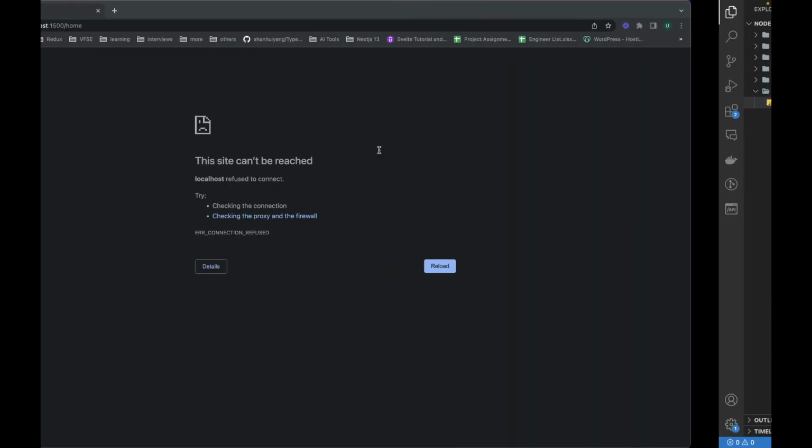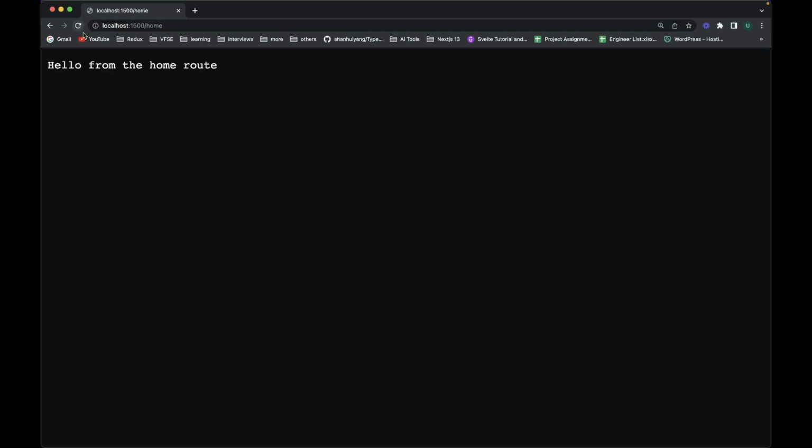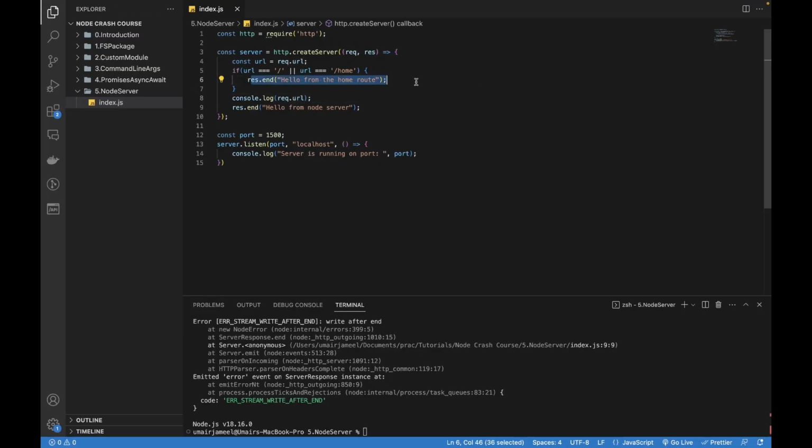So now my server is running. Now I'll hit enter. You can see that the hello from the home route is triggered. This is where we are returning that, and in the same if conditions we can create more routes. Let's say else if, and if the URL is equal to /about,